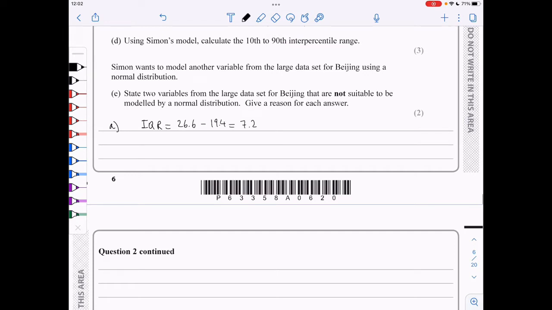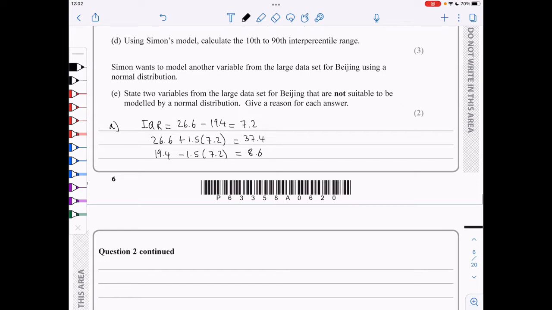And therefore, my limits will be 26.6 plus 1.5 times 7.2. That's 1.5 interquartile ranges above Q3, which is 37.4. And 19.4 minus 1.5 times 7.2, which is 8.6. So this is the